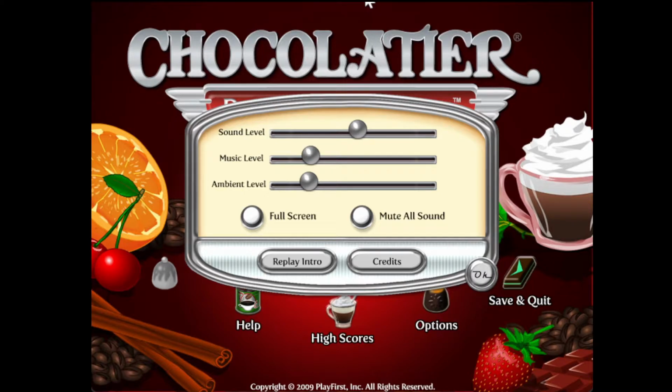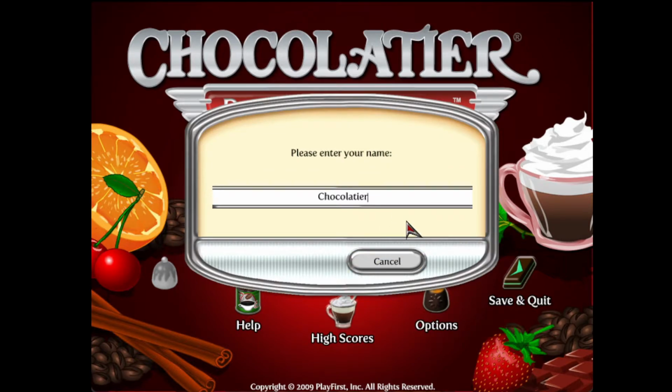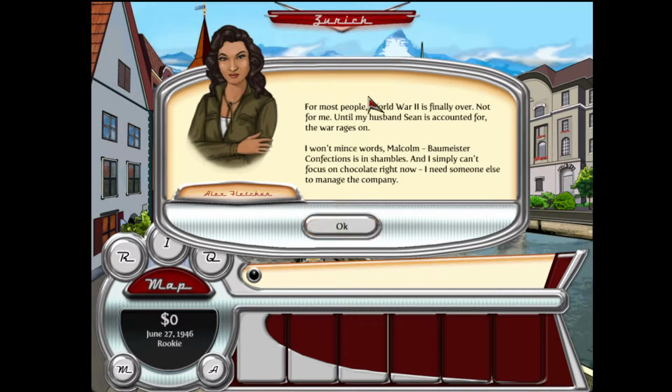That's probably close to what it is. Okay, so let me start the game so you can see what it's like. Trigger sounds. All right, so